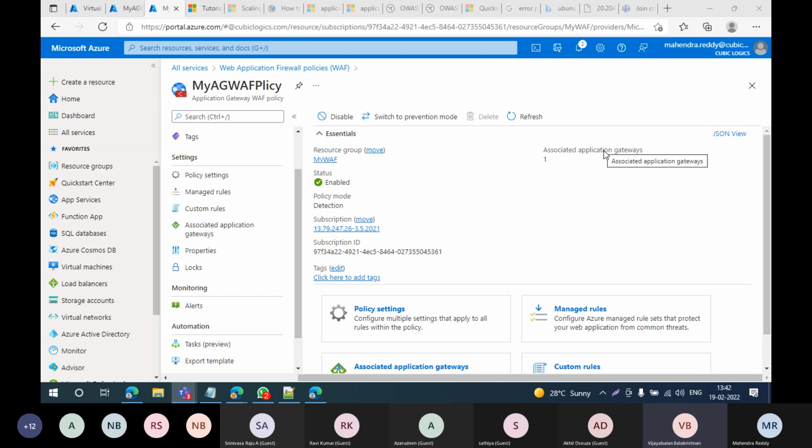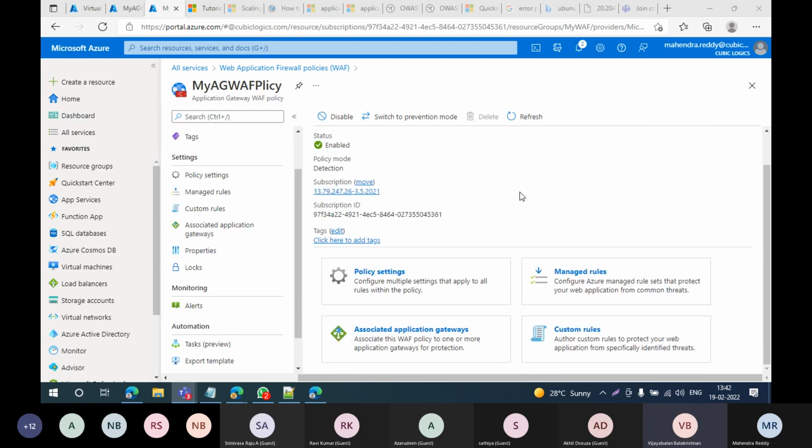Okay, I need only traffic from my location, my current city, or only traffic from within Europe or within the US, or block these spam IP addresses, or allow only one connection from one IP every minute. If I see more, then as a web application firewall, it can act.